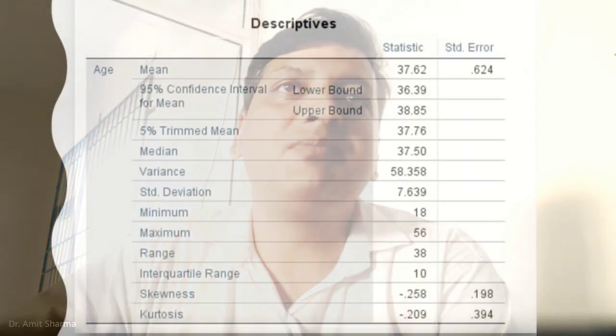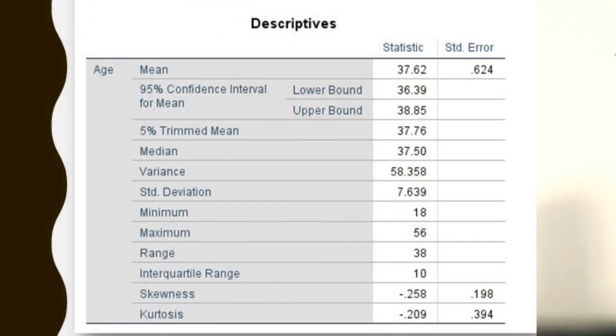What do you mean by this missing value? It is not necessary that while doing the research I will get the age of all the patients in my study. If I didn't get the age of two or three patients, I am not going to enter anything; those columns will remain blank. In that case, the remaining cases will be considered as 100%. For that there is a particular command for missing values, which I will discuss in another video. The second table is the descriptive statistics table, which will let you know the mean age of the patients, that is 37.62.